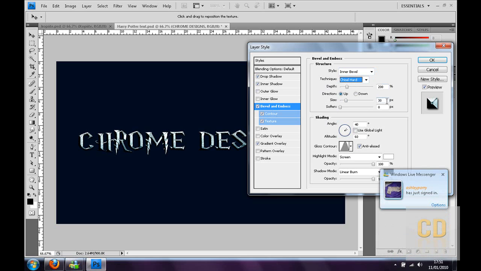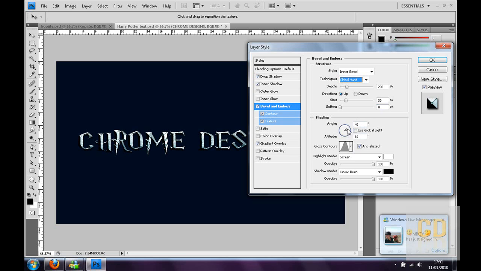For the size I've made it 30, but I haven't given it any soften, it's down to 0. Now when it goes down to the shading section, angle is 40 degrees and the altitude is 60 degrees. That will basically just change the way the shadows occur. Then you want to leave the little rotate circle pointer, then you want to untick use global light,